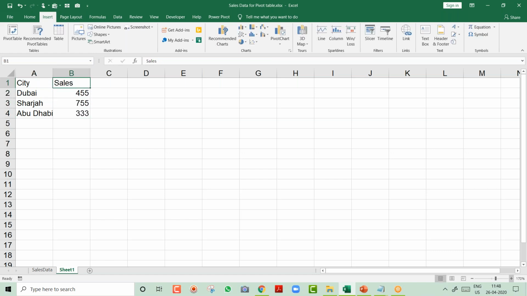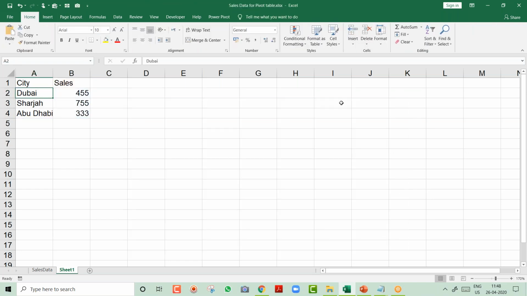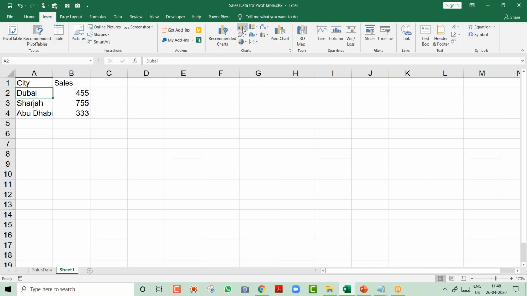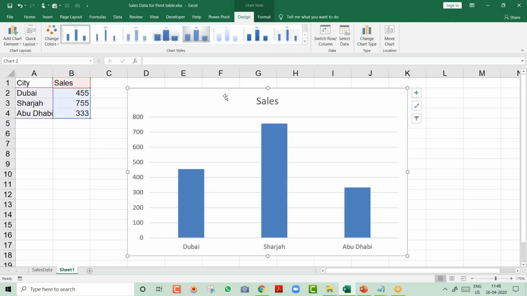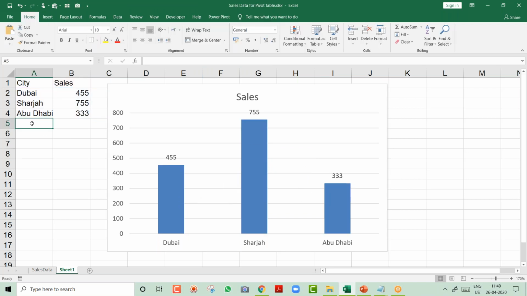and I'm creating a chart on this, friends. How do you create a chart? We press Alt F1 from the keyboard, or simply go to the insert, and over here you get a chart. Now pay attention. I'm going to explain the dynamic table concept. I say add. So now you have data of Dubai, Sharjah, and Abu Dhabi. Done. In future, friends, I'm having Ajman over here. See, I'm adding Ajman, and over here I've put a number.